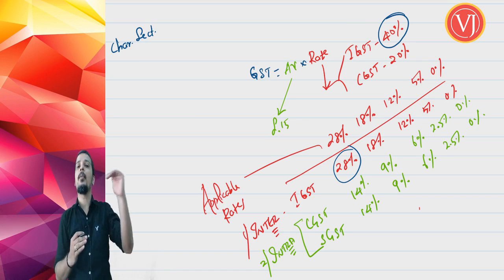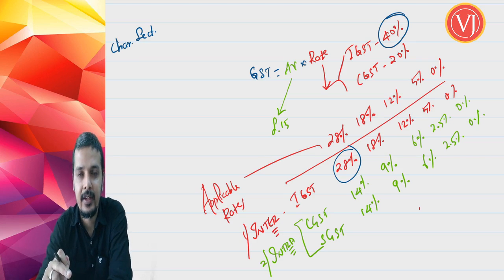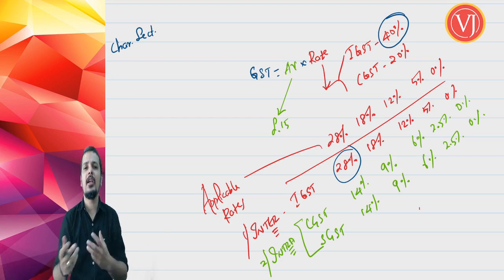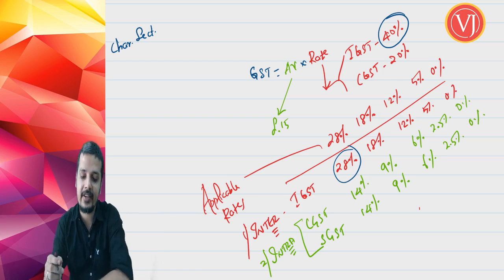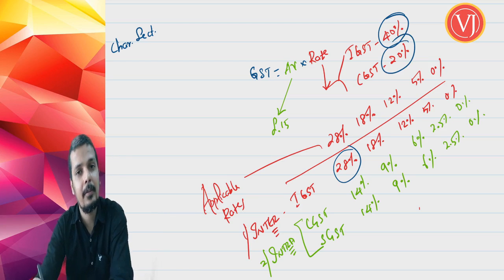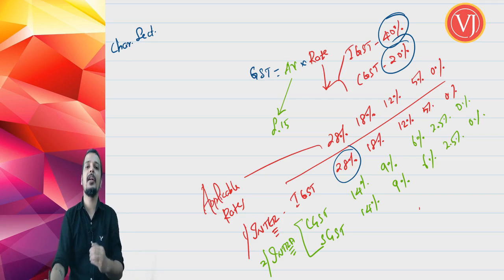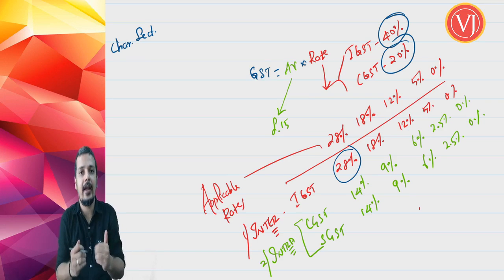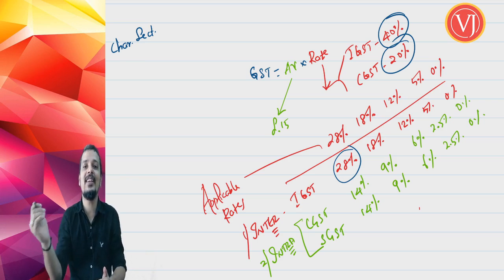What is the highest possible rate as per Act? It is not 28, it is 40% if it is IGST. And if the question is talking about CGST, what is the highest possible rate as per the provisions of the CGST Act? The answer should not be 14%, my friends. The answer should be 20%. So you have to read the question very carefully. Are they talking about the highest rate which is applicable as of today? If that is the case, the highest rate which is applicable as of today for IGST is 28% and for CGST and SGST it is 14% each.